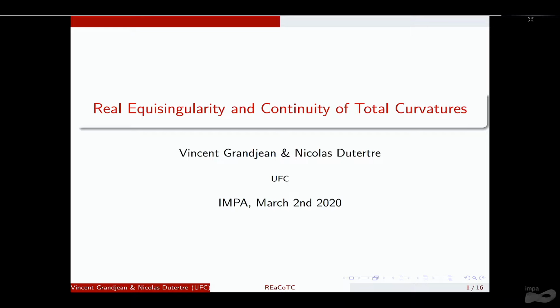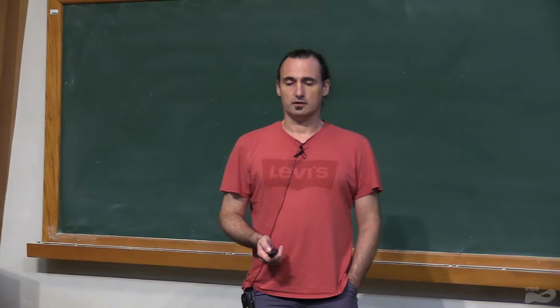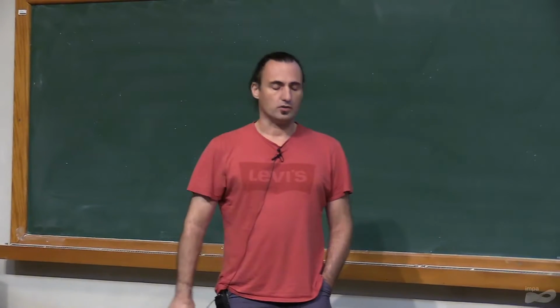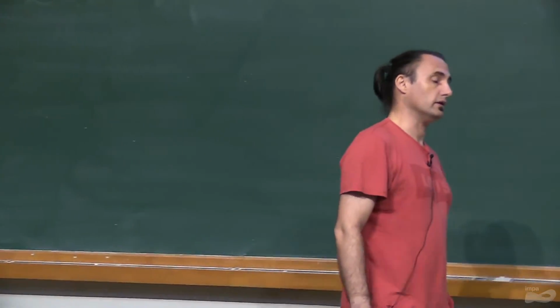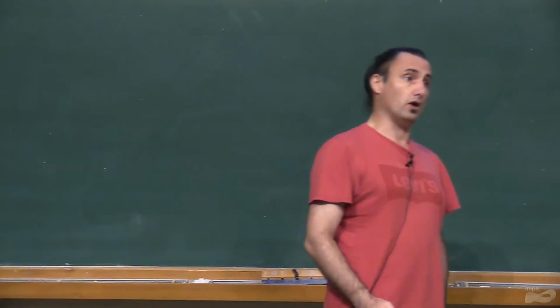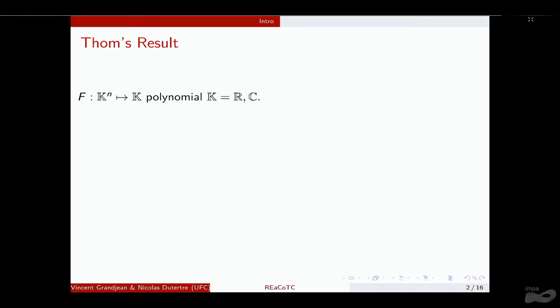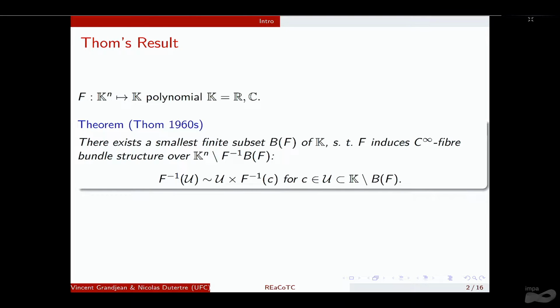So let's start with our context. So I will recall a result of Thom, from the 1960s. So let's pick a real or complex polynomial, whichever. And he did prove that outside of a finite subset of values,